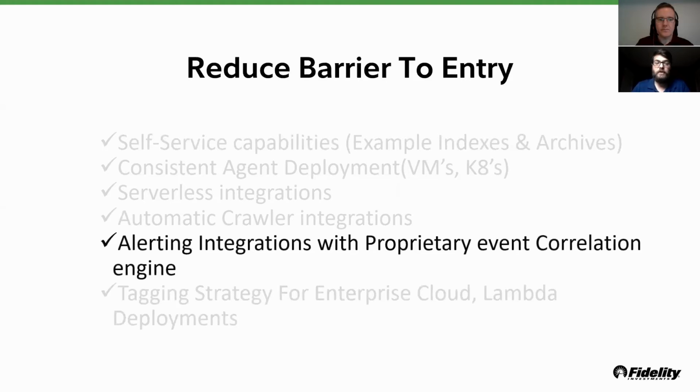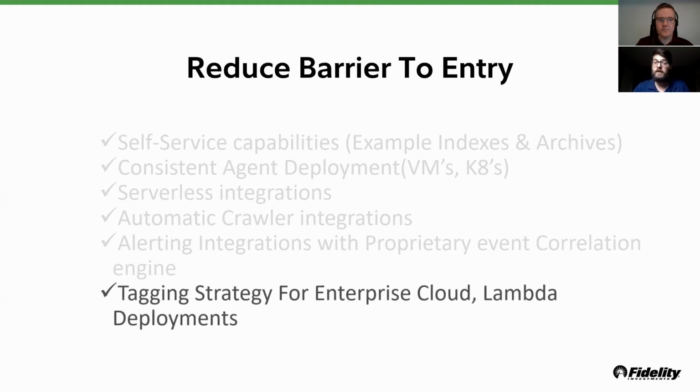We also create integrations between our observability platforms and our proprietary event correlation engine. This allows engineering teams to easily publish events to our notification system. One of the keys to having a successful observability strategy is to have a standard around how the data is tagged and identified. Our team has made a large effort to create a set of standardized tags across all the cloud offerings and services. This helps drive a common standard that users can take advantage of no matter where they choose to deploy their applications.